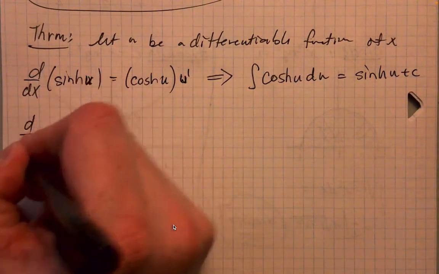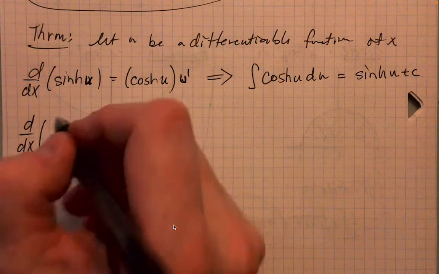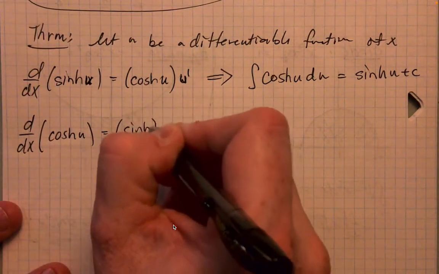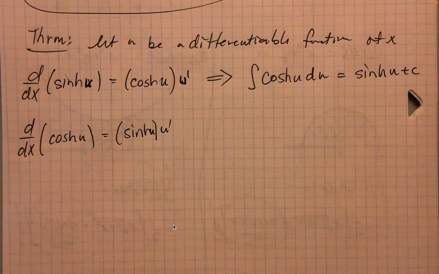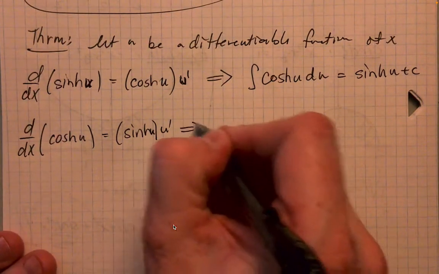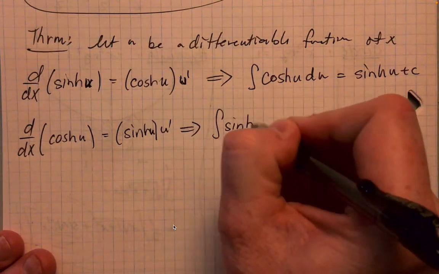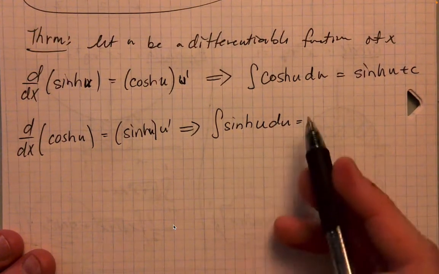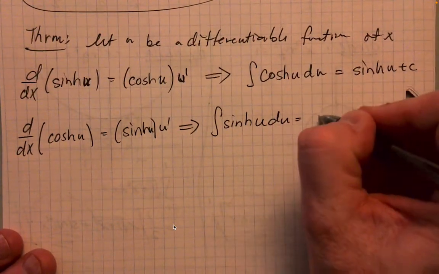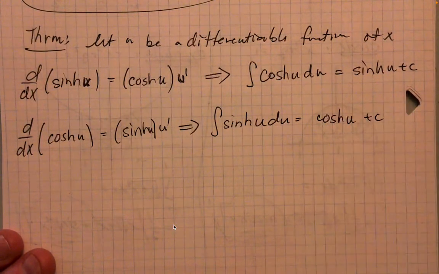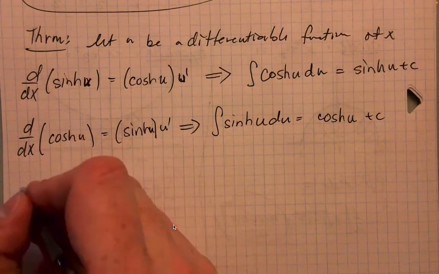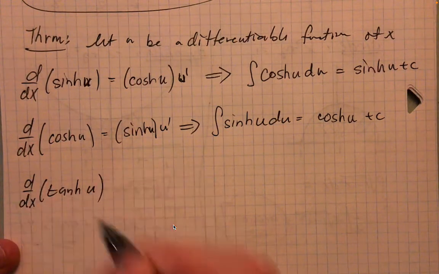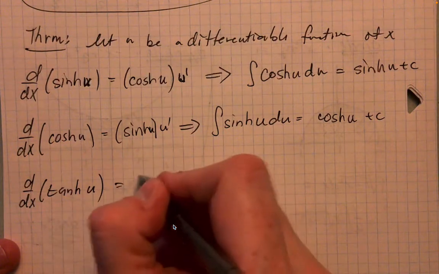And similar down here for the derivative of cosh u, it's sinh u times u prime. And so the integral of hyperbolic sine of u is going to be hyperbolic cosine of u, otherwise known as the cosh of u plus c. And the same is true for the hyperbolic tangent. Well, not the same actually, but